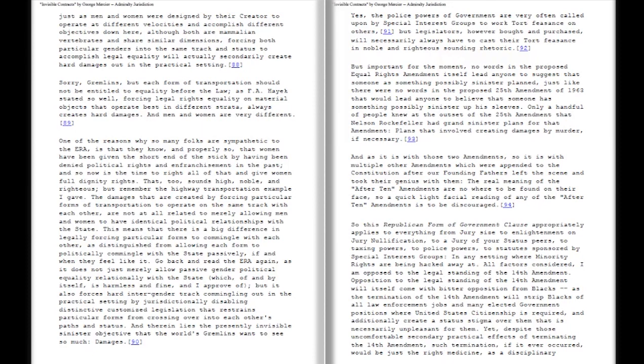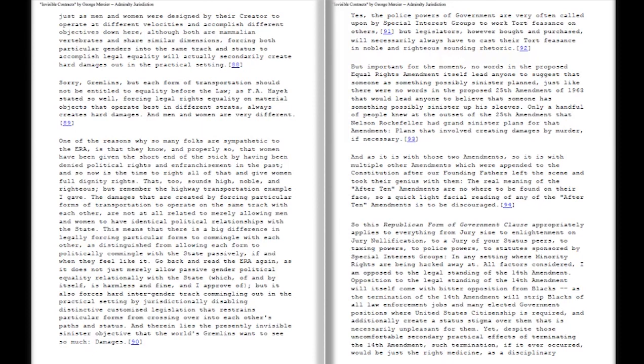Damages. 90. Yes, the police powers of government are very often called upon by special interest groups to work toward fiascos on others. 91. But legislators, however bought and purchased, will necessarily always have to cast their votes toward fiascos in noble and righteous sounding rhetoric. 92. But important for the moment, no words in the proposed Equal Rights Amendment itself lead anyone to suggest that someone has something possibly sinister planned,